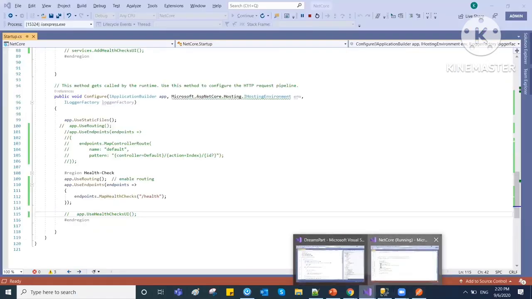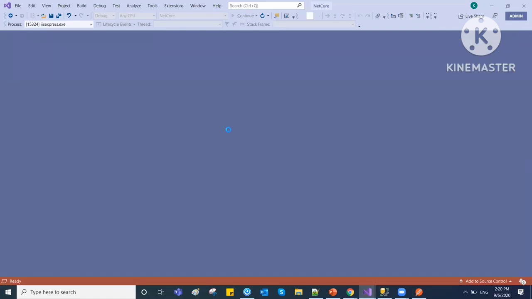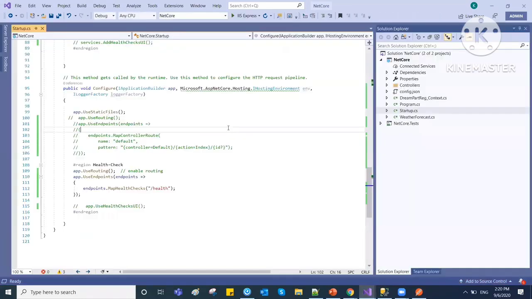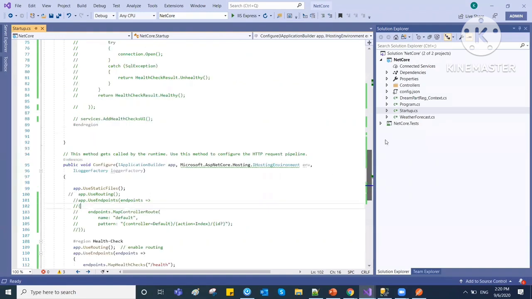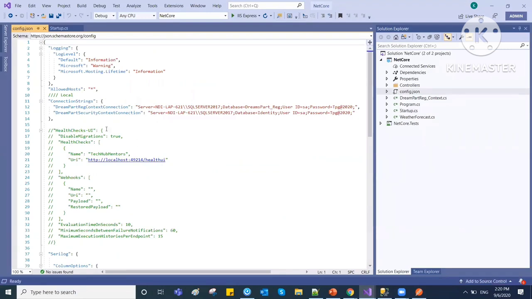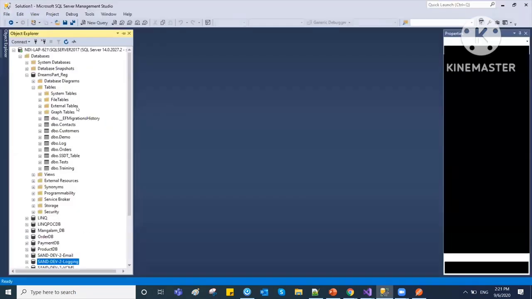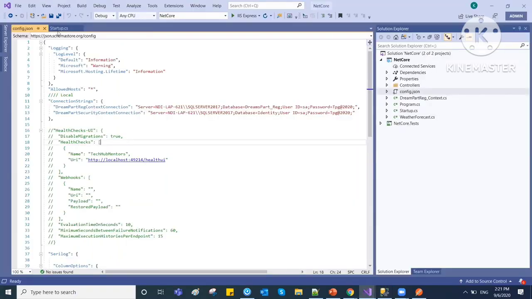Now I have to check that my SQL connection is healthy or not. So in my config.json, that is app settings, I have added my connection string here. This is my connection string and this is my database. I have to check that it is healthy or not. So in the startup.cs file,